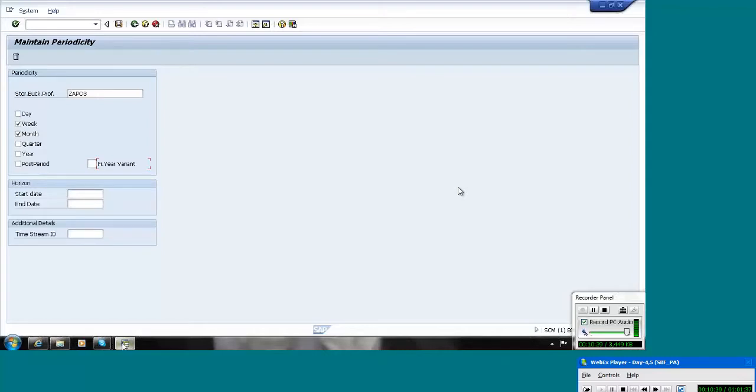So then, what is the process we need to follow? We have to take a backup of all the planning area data into the backup cube, and then do the fiscal year period changes. Then your planning area data will be cleaned, so you will not have any data. Then again, we need to load the data from the backup cube to the planning area. There are standard SAP programs to get data from the cube to the planning area. That is like a simple job only. So we can again extract the data from the backup cube to the planning area.